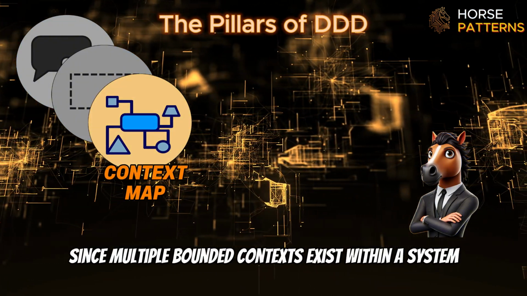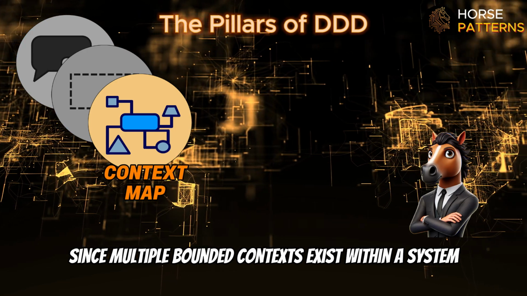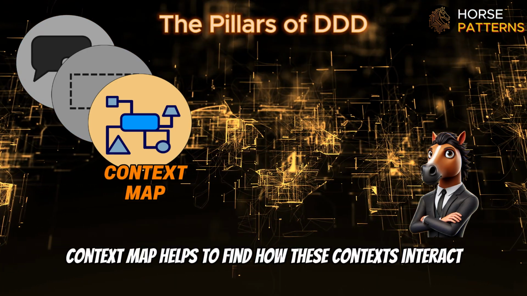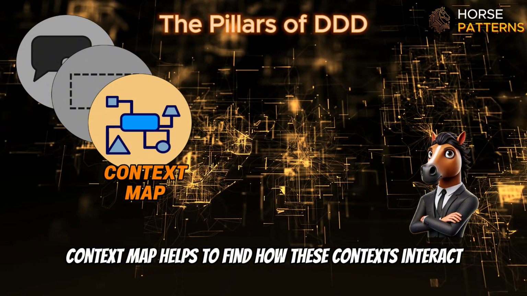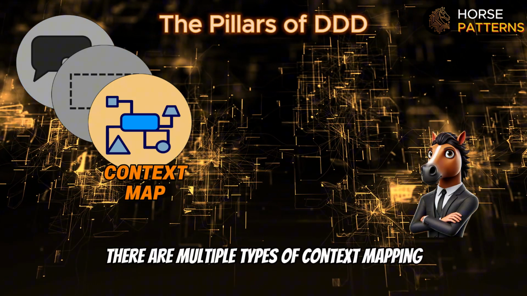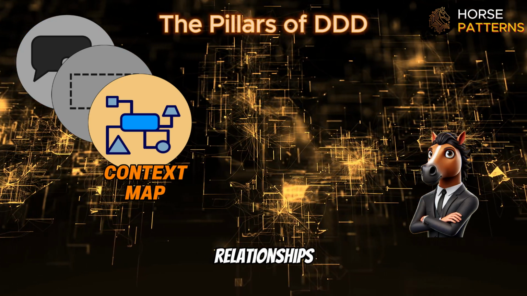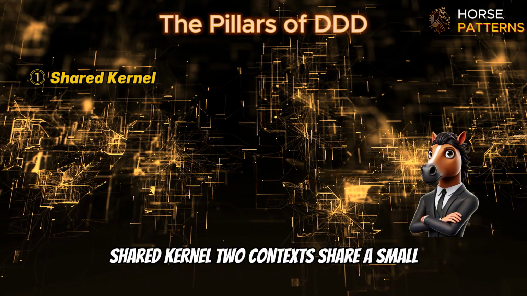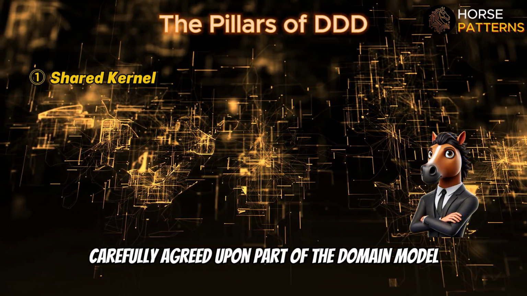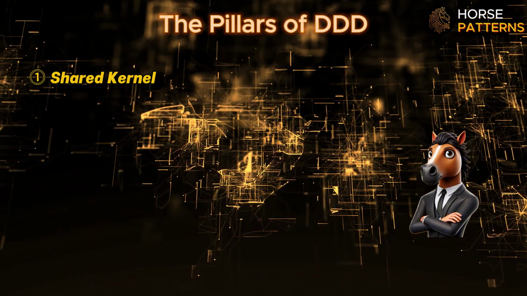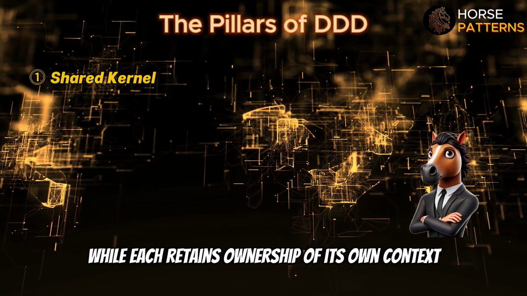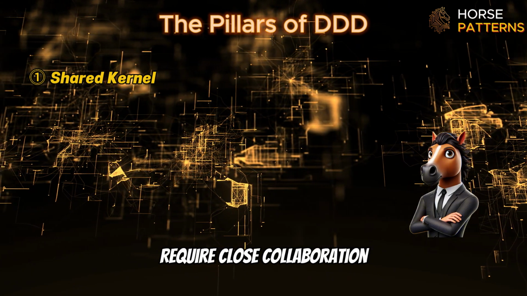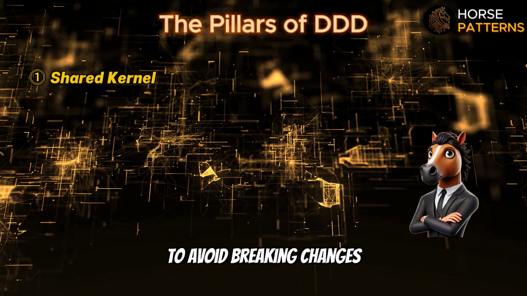Since multiple bounded contexts exist within a system, they need to communicate with each other. Context map helps define how these contexts interact. There are multiple types of context mapping relationships. Shared kernel. Two contexts share a small, carefully agreed upon part of the domain model. While each retains ownership of its own context, any changes to the shared kernel require close collaboration to avoid breaking